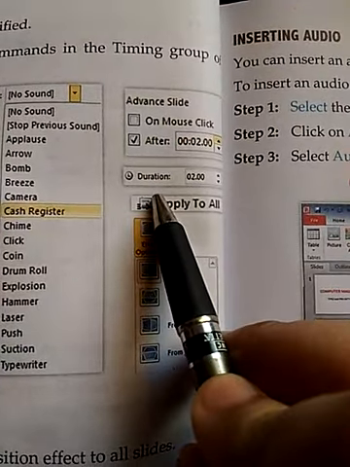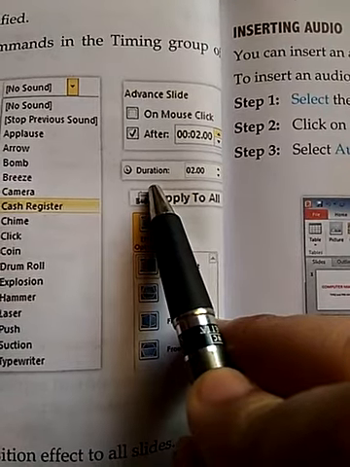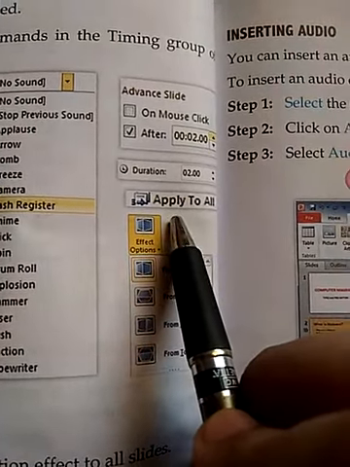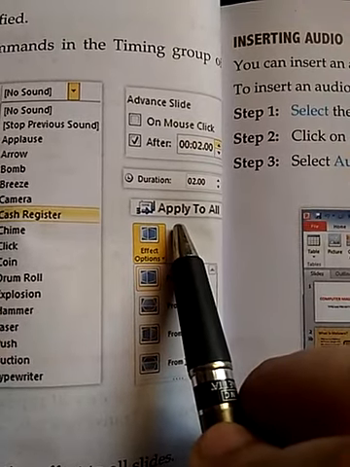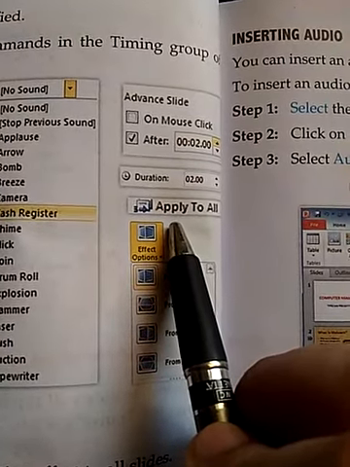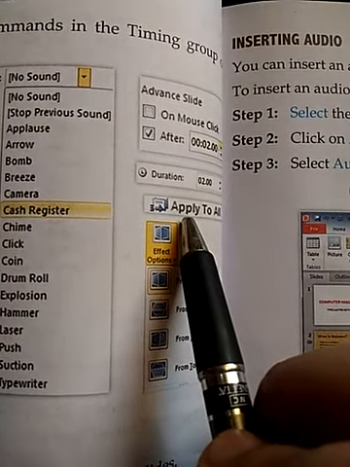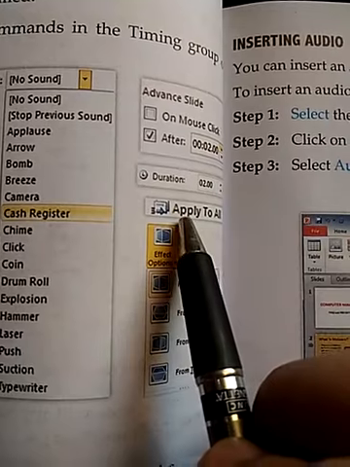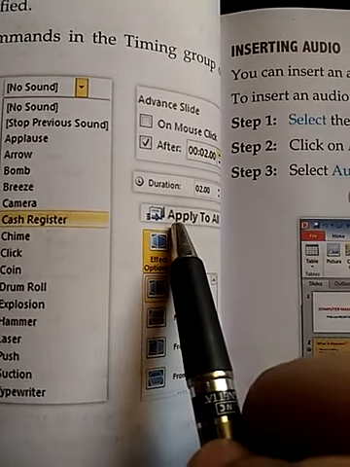Duration is used to adjust the speed of slide transition, and there is the option apply to all, meaning if we want to apply this transition effect to all the slides, then you can simply click on this apply to all. Then the transition effect which you have selected will be applied to all the slides.